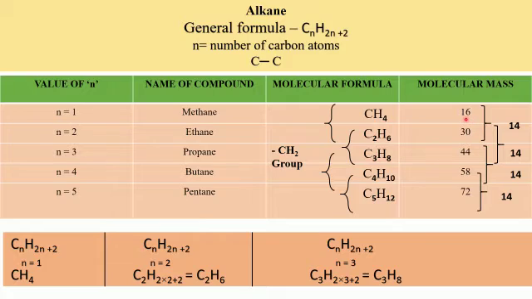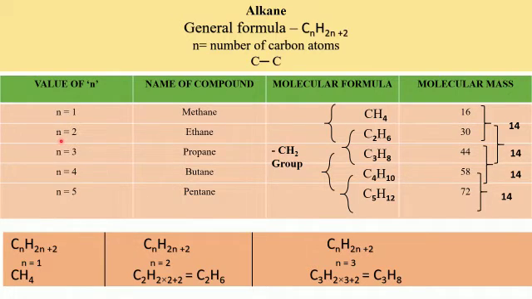We have found out the molecular mass. I hope you know how to find out the molecular mass. Here we have one atom of carbon. The molecular mass of one atom of carbon is 12, whereas that of hydrogen is 1. So we will take 12 plus 4 because we have 4 atoms of hydrogen. So 12 plus 4, that is 16.